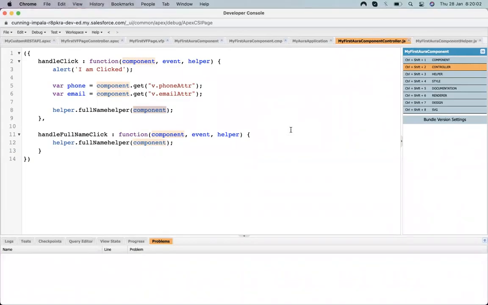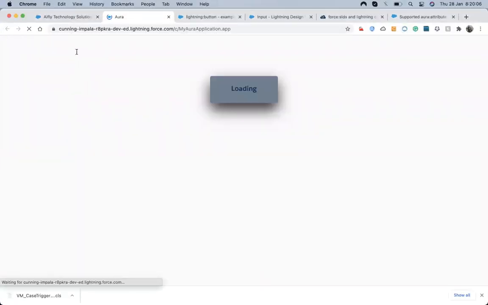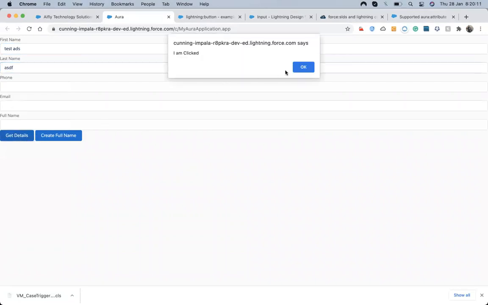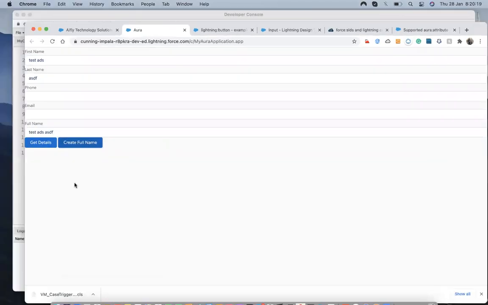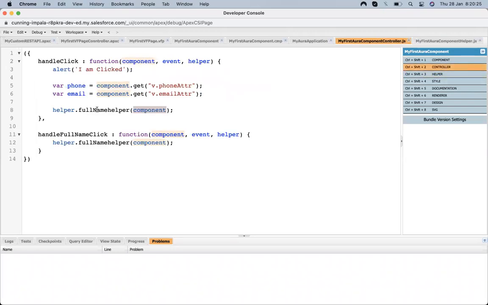Right, it's not saved. Let me see. Okay, that helper is also doing the same thing. Suppose I remove this and click on create full name, it also does the same thing. So on that helper we place the logic and a common method which can be used in both places.